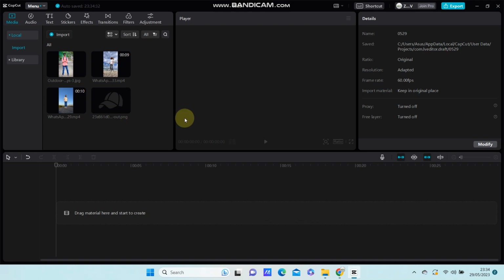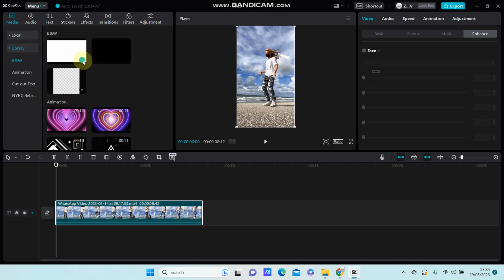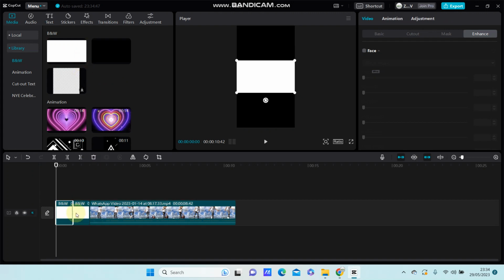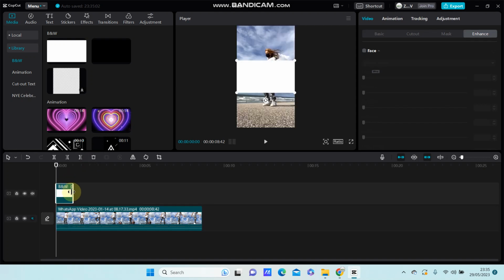In this video, I'm going to show you how you can create the white place effect in another way. So, for example, just going to add the video and go to library and select the white screen. Add as an overlay, put on top, and change the duration to make it shorter, and you can merge it,